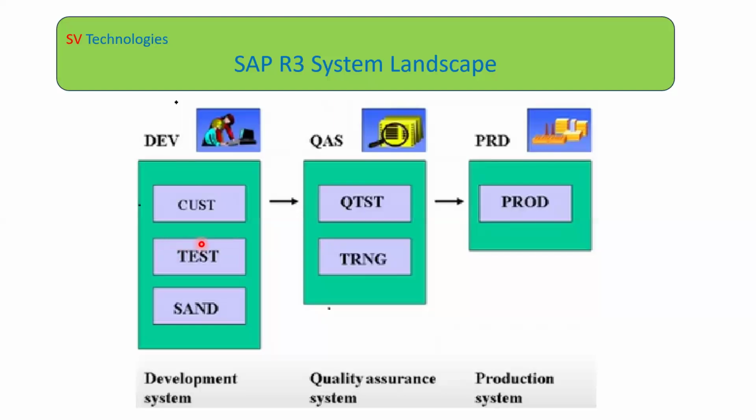That unit testing also will be done in the same environment, the development server. In the development server also, we'll have a separate unit testing client. Whatever development changes we have done will be copied, not moved, from this golden client to this unit testing client. Then we can do the unit testing in this unit testing client. Once you did the testing, if your actual results are coming as expected, then you can move these development changes to your quality system for further testing.